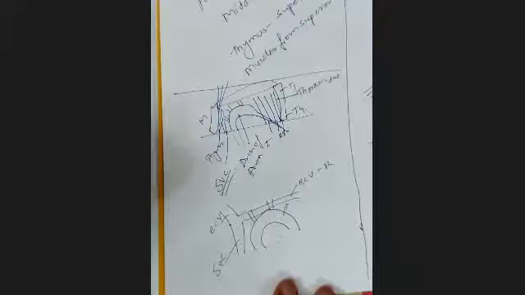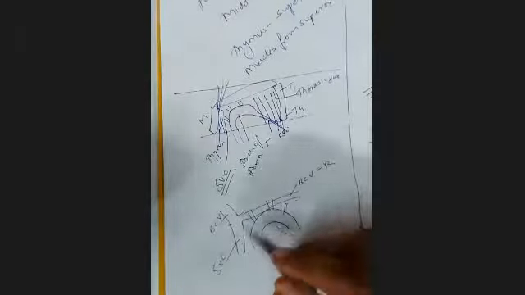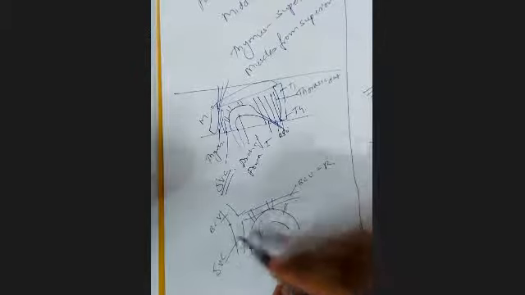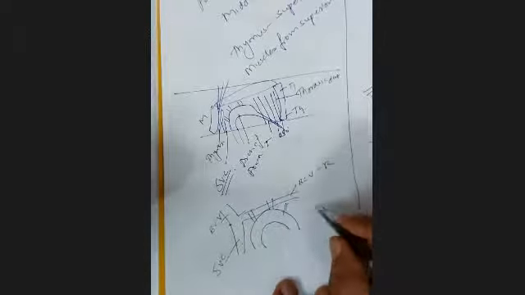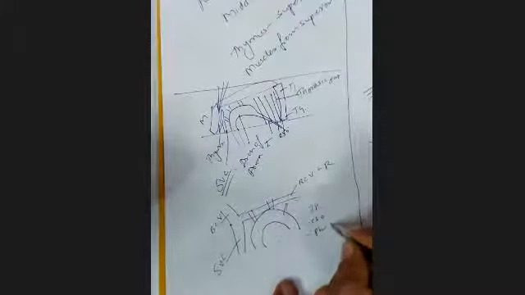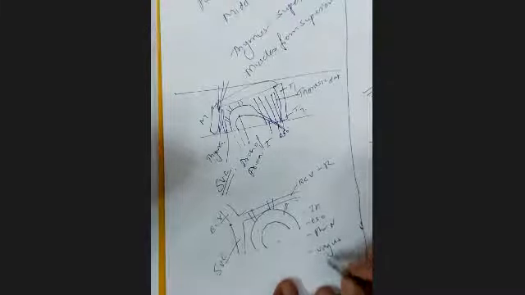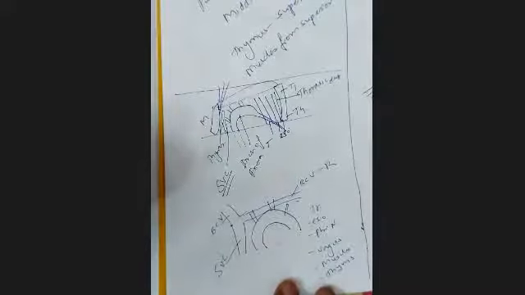Okay, and then apart from the arch of aorta and its branches, the superior vena cava and its tributaries, there will be the trachea, the esophagus, the phrenic nerve, and the vagus nerve. The phrenic nerve will pass from the superior mediastinum to the middle mediastinum. The vagus nerve will pass from the superior mediastinum to the posterior mediastinum. And then there will be some muscles, and an organ like the thymus. So these are the contents of the superior mediastinum.